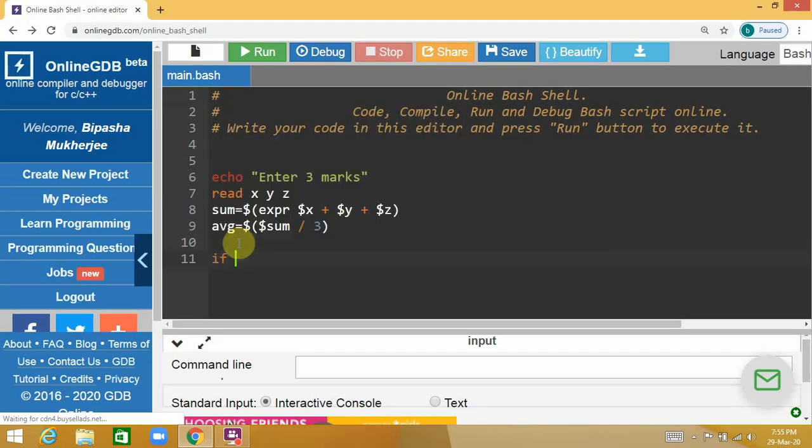So as per this, fine, this is O, sorry, then echo,